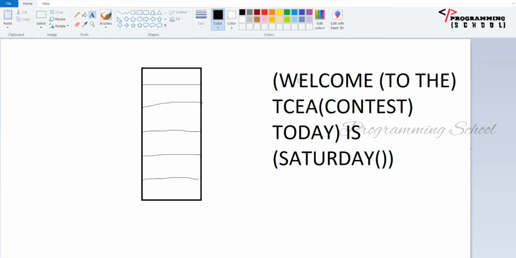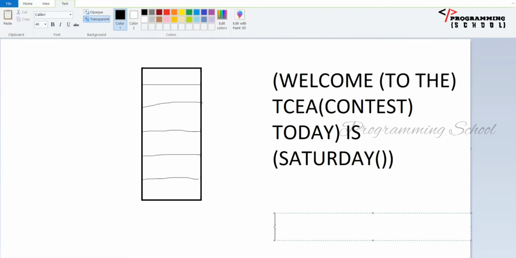First of all, the first character is an open bracket. There are three different types of characters: one is an open bracket, another is a closed bracket, and the remaining one is any other character, including space or anything.